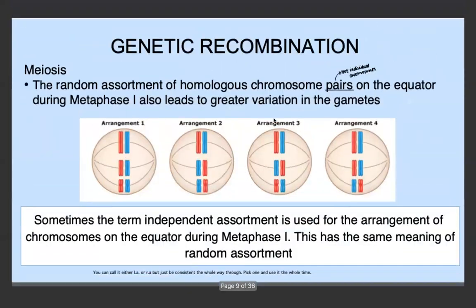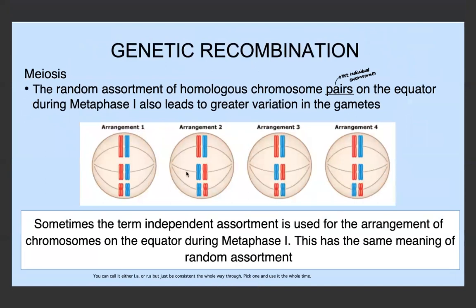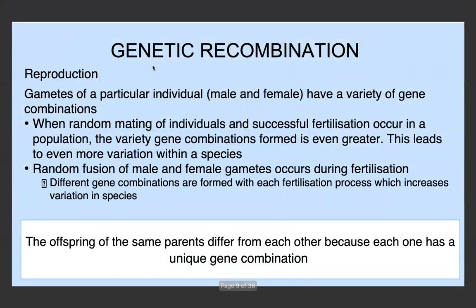So when we just look at crossing over and at splitting into daughter cells, the term independent assortment can be used. We can also use random assortment, random segregation. It doesn't really matter what you use as long as you pick your term and stick to it. I mostly used independent assortment and random segregation as the two terms. Genetic recombination also occurs on top of crossing over and on top of splitting into daughter cells.